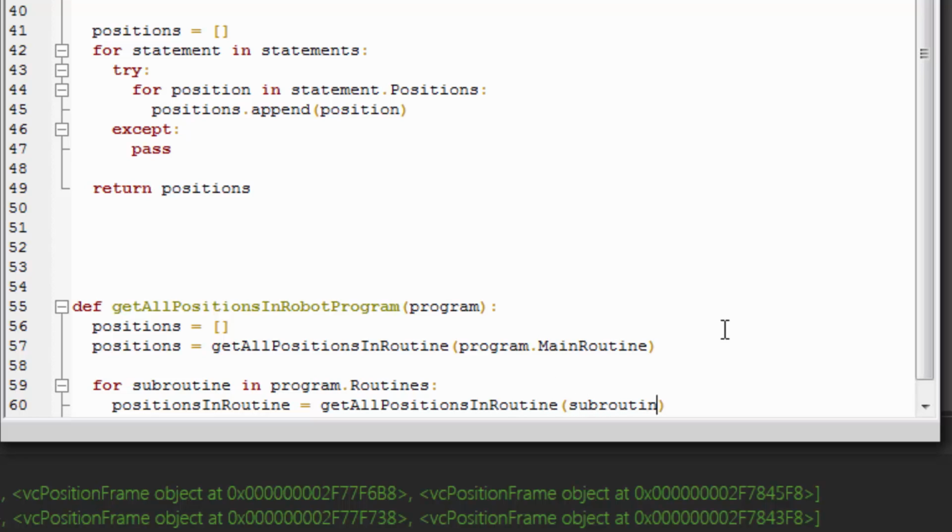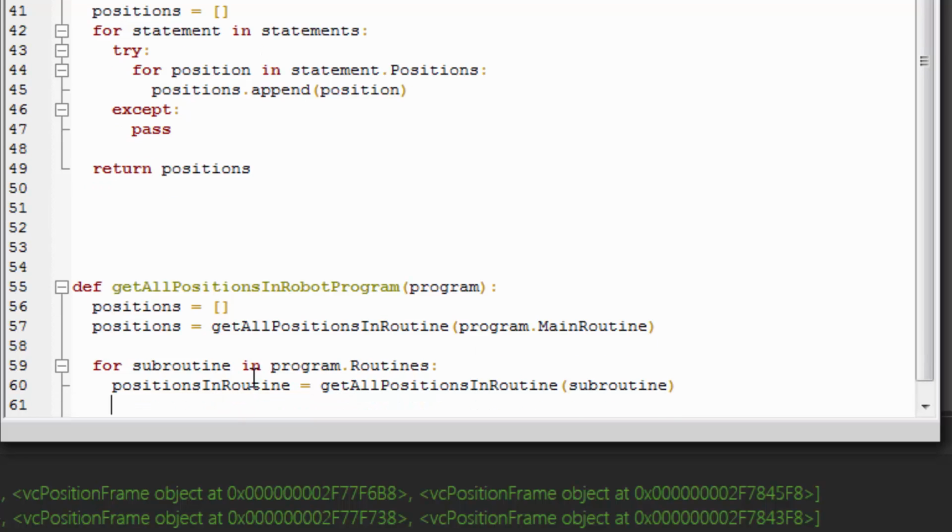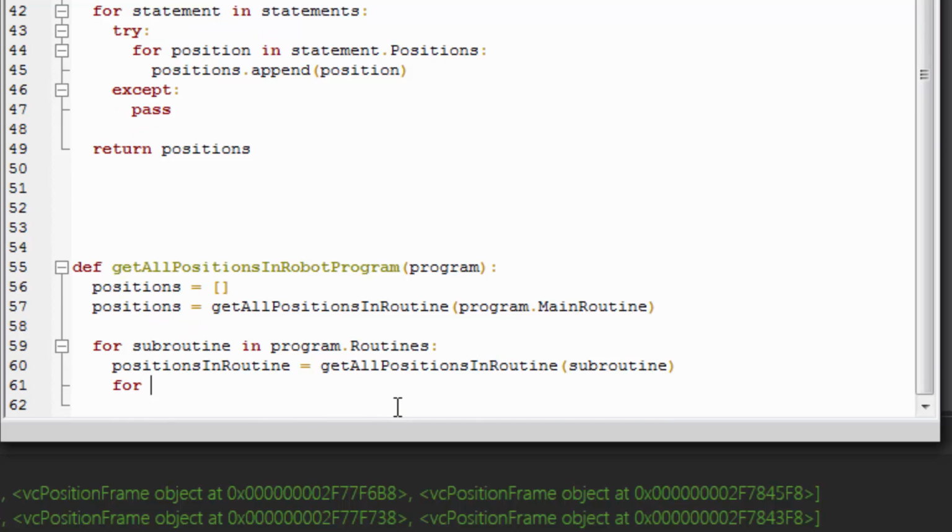and we'll pass that subroutine, and this will give us a list of positions in this routine, and what we're going to do now is merge that with this list here. So I'll say for positions in, let's make this subroutine actually. And we need to rename that variable here as well.